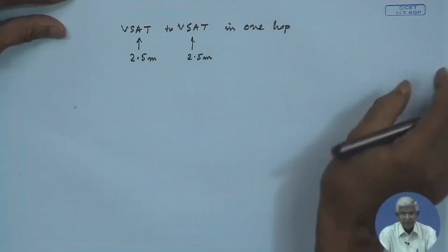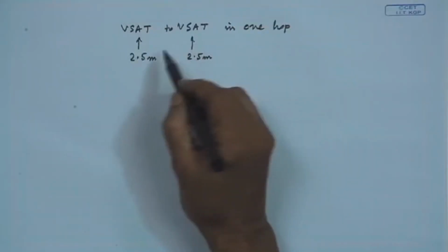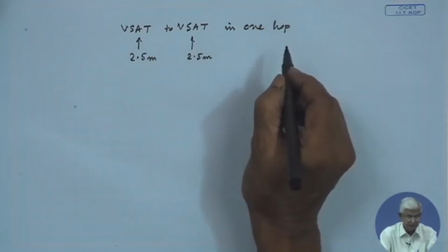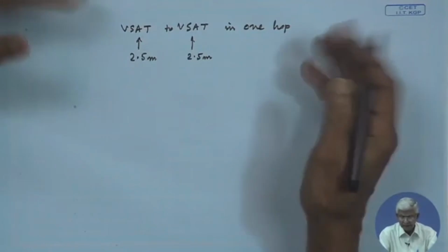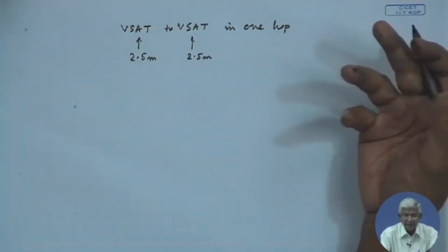The corporate offices, when they have this VSAT network by their own, they use this type of thing where it is much more tolerable. You have a single hop communication. In this process, I will try to show you how to calculate the number of carriers that can be supported